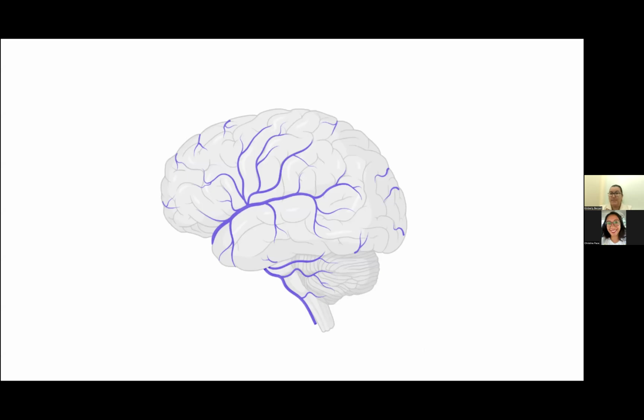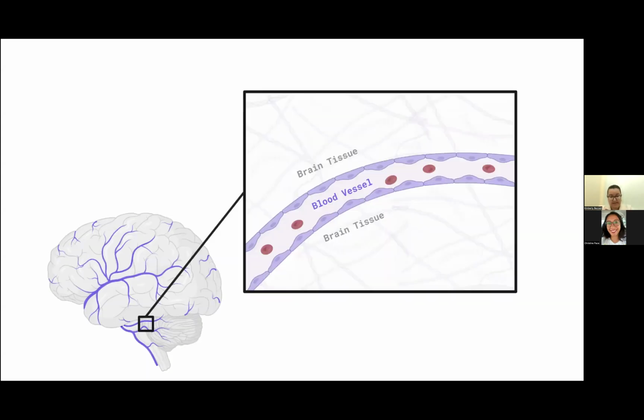your body, the brain. So your brain is this incredible organ that's responsible for so many functions, from regulating your heartbeat, to controlling your breathing, to commanding all the nerves in your limbs on how to move and when to move. And to power this organ, you need a network of blood vessels that are needed to deliver blood and